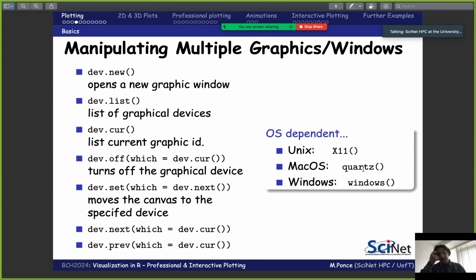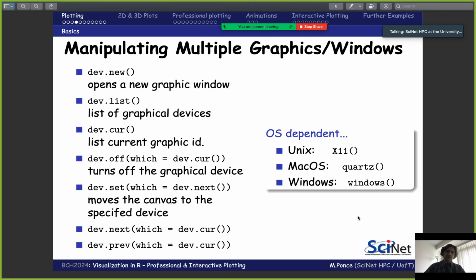Each method has its own advantage and disadvantage. The ones on the left, the advantage is that they are very generic. They work independently of the operating system. It's what we usually refer to as OS agnostic. They don't care which operating system you are on. They basically bundle with the core of the operating system to handle this. The ones on the right are very operating system dependent. So if I am on a Windows machine and I try to use Quartz, it's probably not going to work.